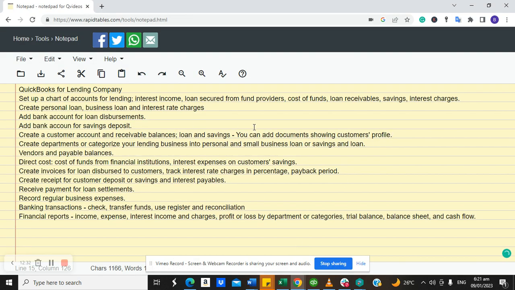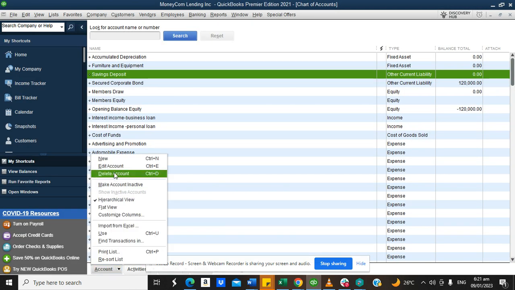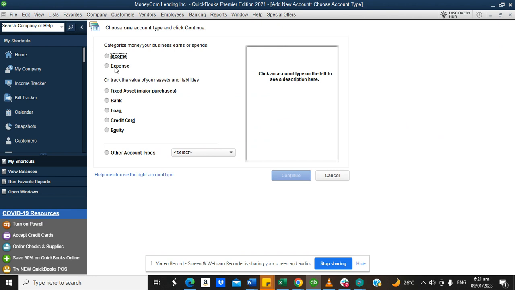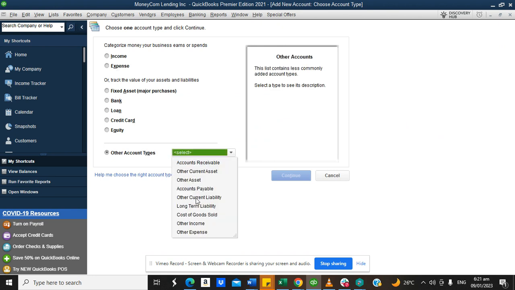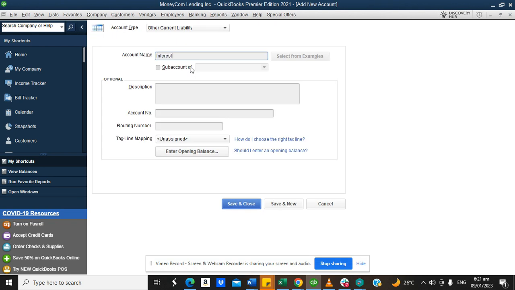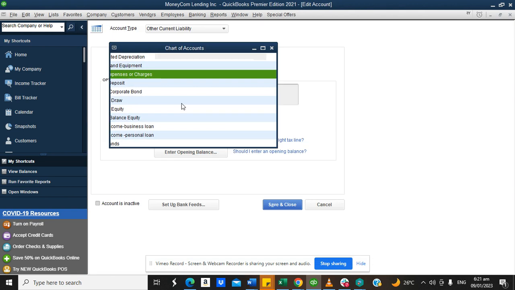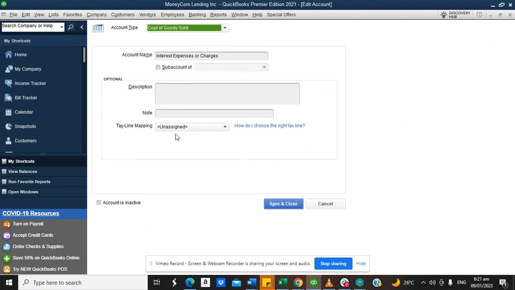And again, we have interest charges, which is interest expenses. That's also a direct cost to you. You come here, you add interest charges. So this is the money you pay to your customers for the deposits or for the savings deposits. So you call it interest expenses or charges. Click OK. Oh, sorry, this is supposed to be